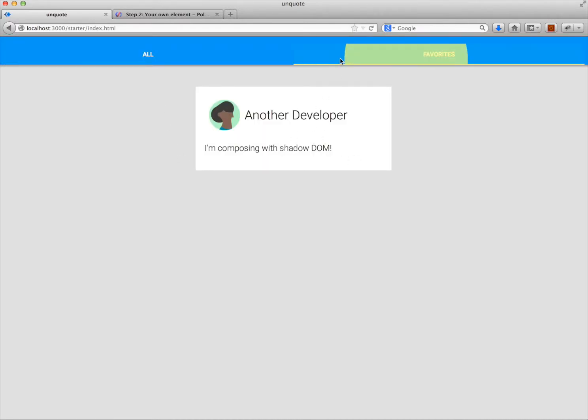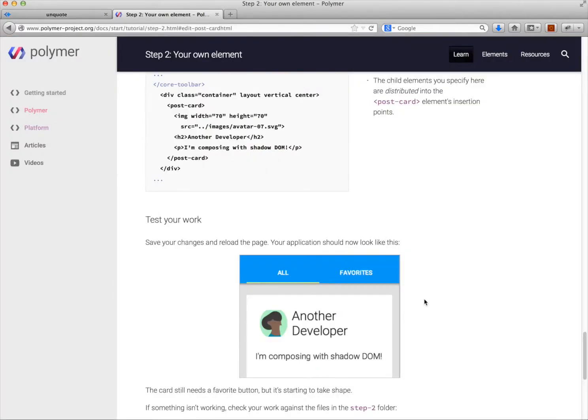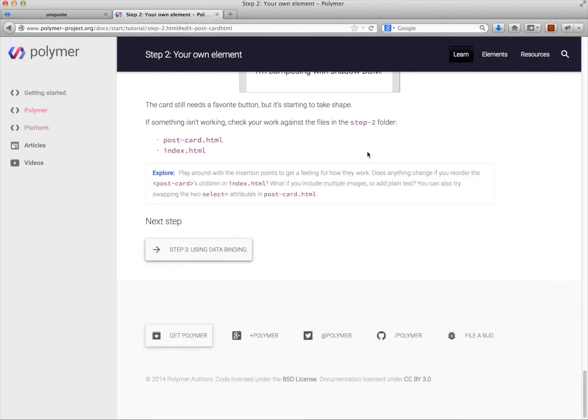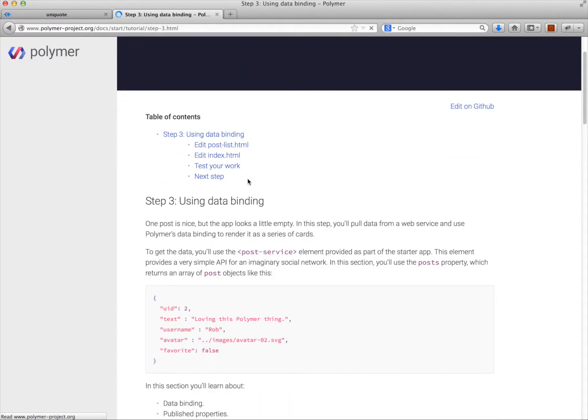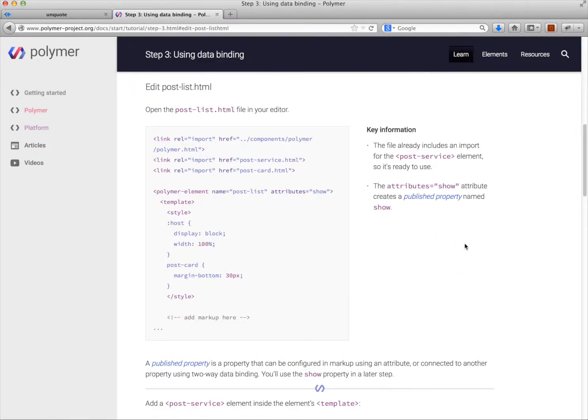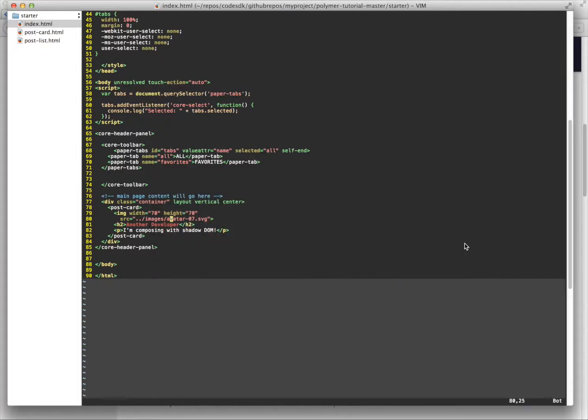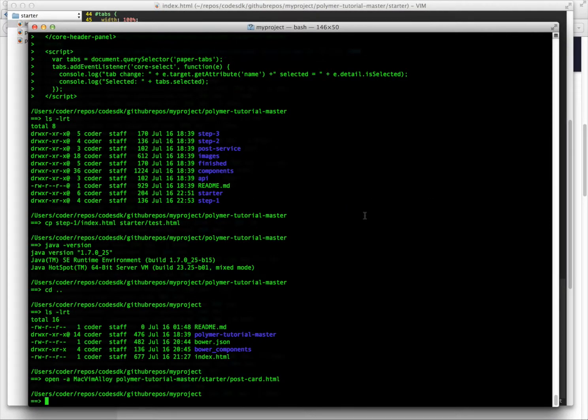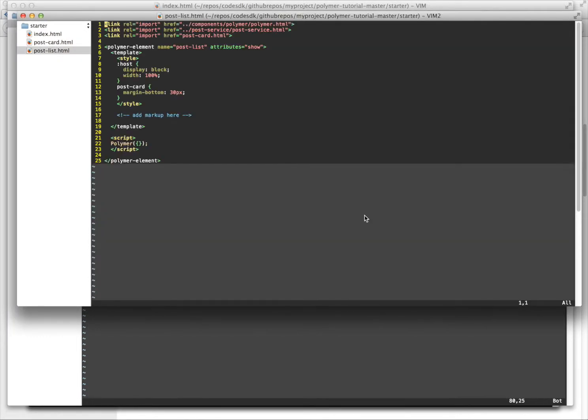Okay, so now we have this card right here, and we have two tabs as well, so that looks pretty good. So what else can we do? Let's go to next step. So data binding. So in this one, we're going to edit post list.html. So what I'm going to do is open post list in my editor,